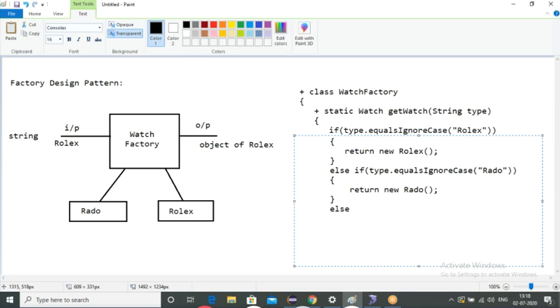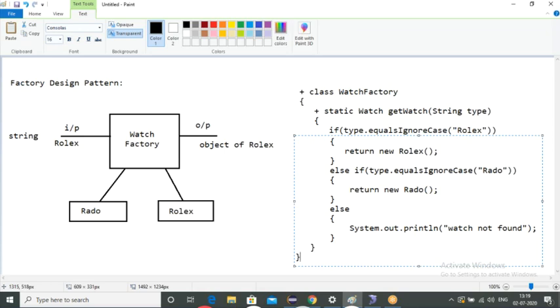I'll go for an else part. In the else part, I want to display one message: System.out.println watch not found. Once this is done, I'll close this, then close this, then close this.